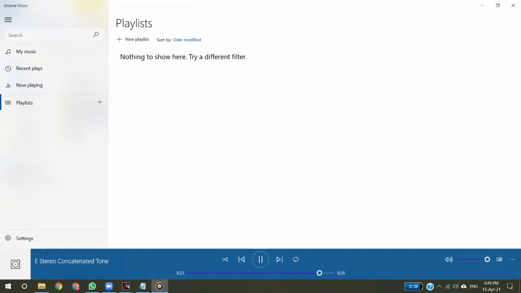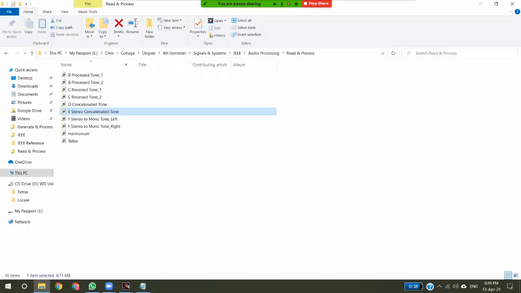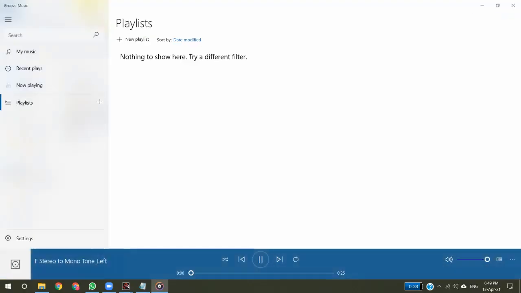So this was about playing two sounds simultaneously. We'll now see how we have extracted the left component and right component. So let's hear the left side of the concatenated signal or stereo sound.